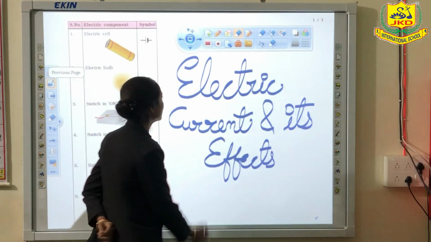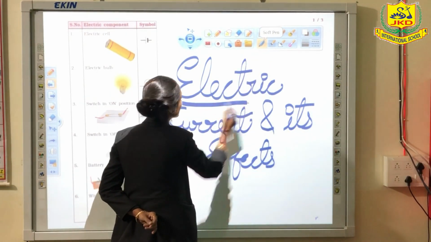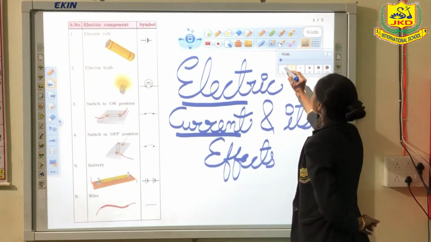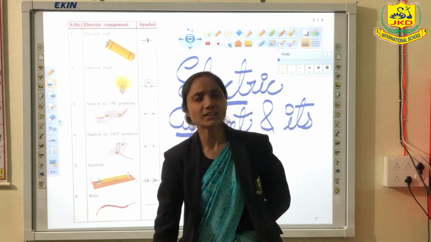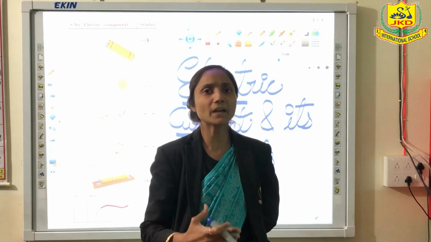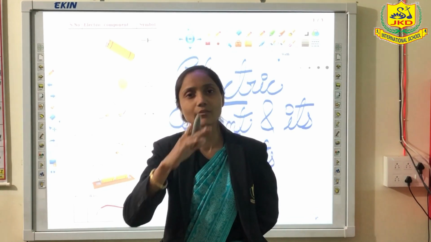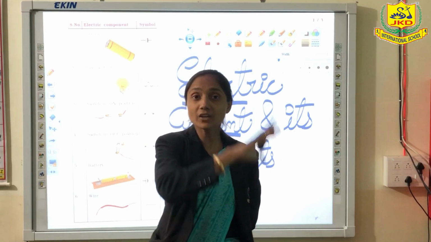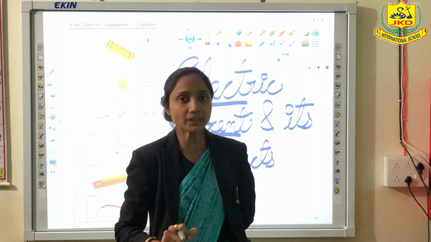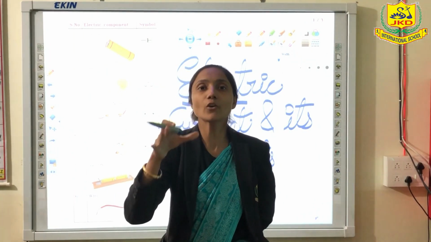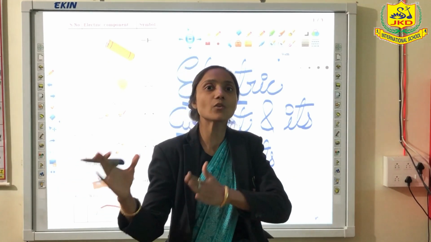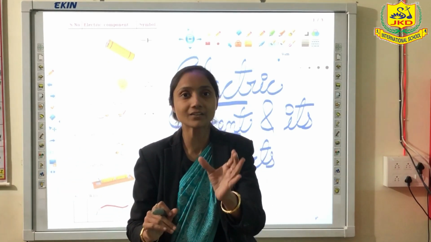So what I have written here is electric current. What do you mean by this electric current? We have to understand this first of all. Electric current is nothing but the flow of charge, we can say. At our house, in our school building, or everywhere you go, if there is a bulb glowing, if there is a light glowing, if there is the fan rotating, it means some sort of electricity is being passed there. That is nothing but the charge or flow of electrons, which is electric current.